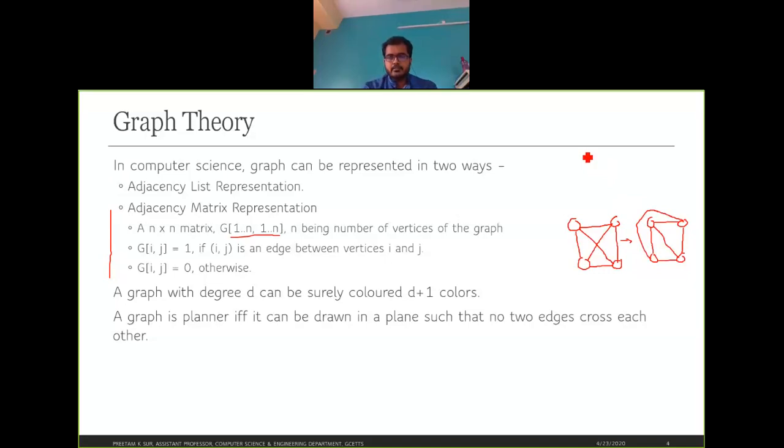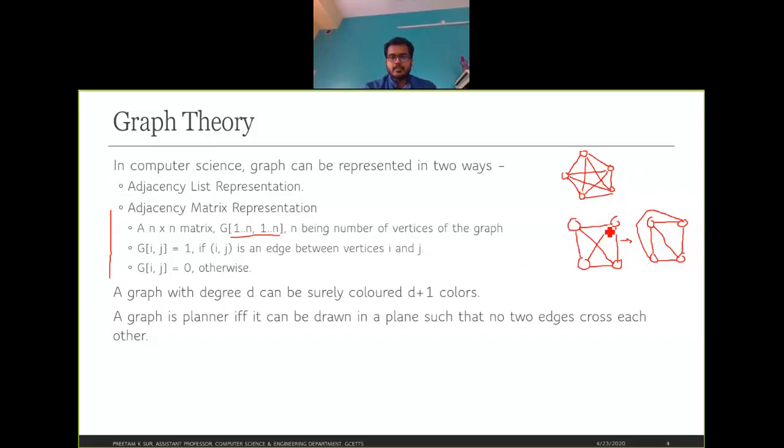In the case of a graph with five nodes, if you connect all of them together, this graph will not be a planar graph, because you cannot tweak the edges such that no two edges cross each other.